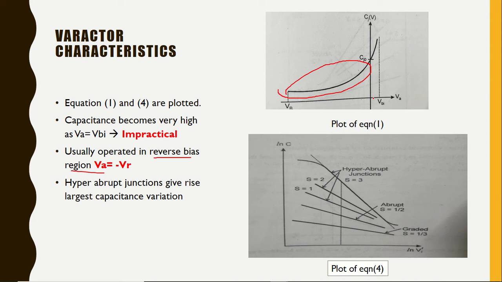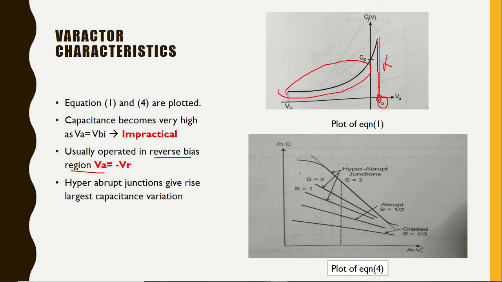Now when the voltage is increased to a certain level in the positive scale, we come to the built-in voltage. At the built-in voltage, the capacitance is at the peak. It is too high, but this is practically not reachable. This is due to some internal property that the capacitance reaches the maximum value. So this we can never achieve. So we always try to operate the capacitance in the negative or the reverse bias region.